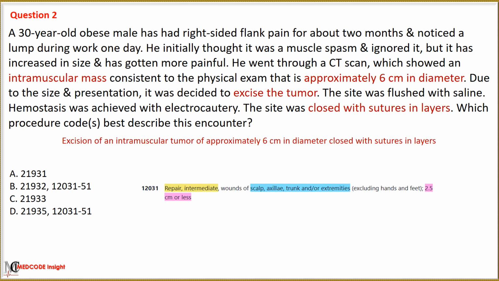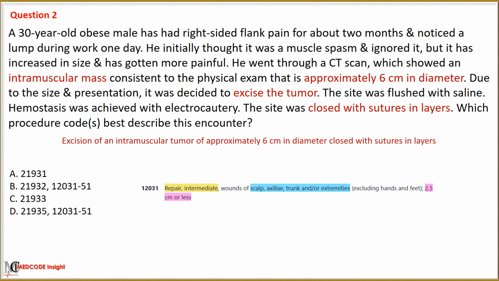In the given scenario, an excision of intramuscular tumor approximately 6 cm in diameter is performed and closed with suture in layers, indicating that an intermediate repair is done. For the excision of soft tissue tumors, always remember that code selection is based on the size and location of the tumor.